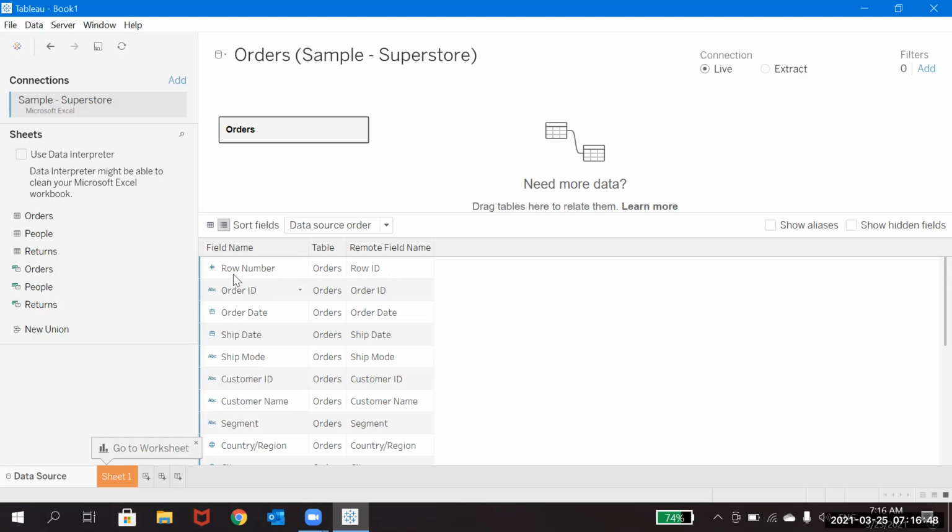Also, you can observe some symbols here: hashtag, ABC, calendar symbol, geographical symbol. All these are nothing but the data types. If you have a hash symbol, you can consider that as an integer, which is nothing but numerical values. If you have ABC, it's string values or text values. A calendar symbol is nothing but the date field.